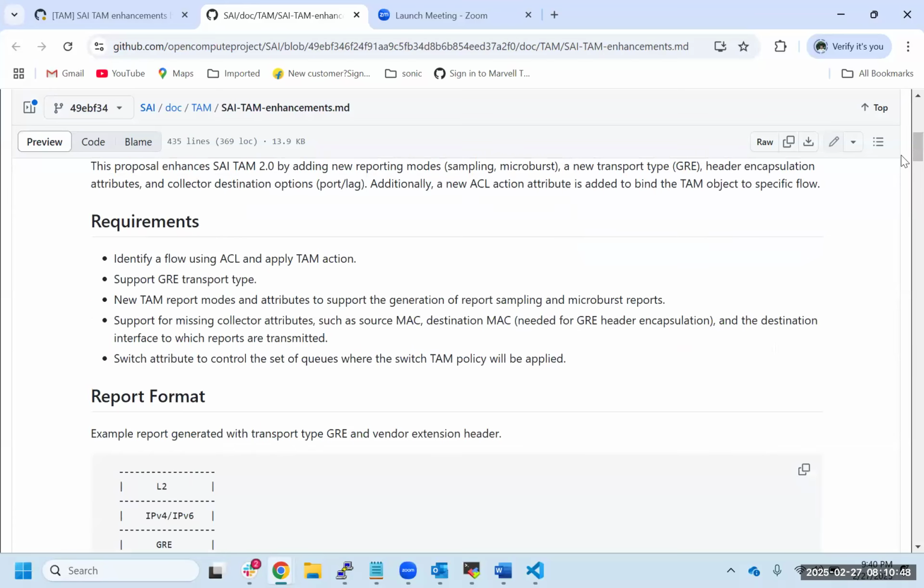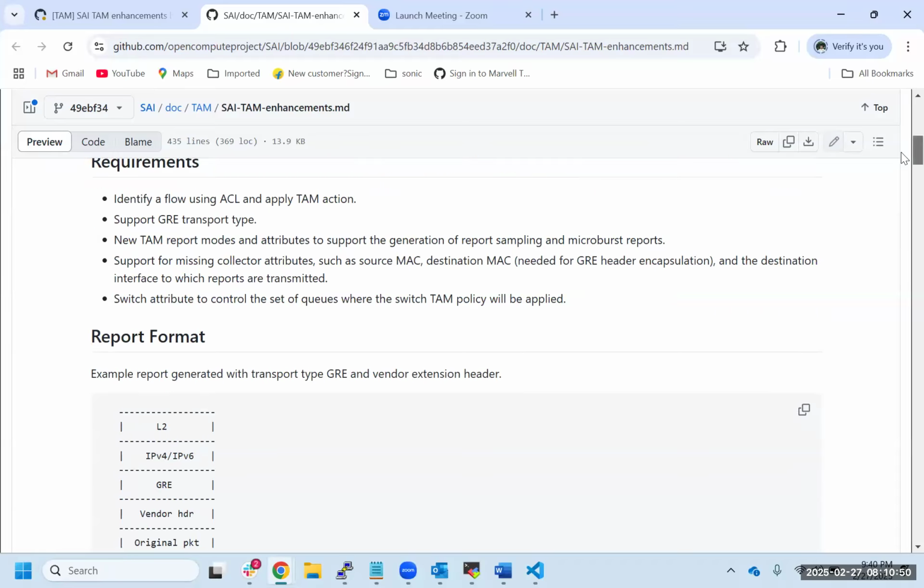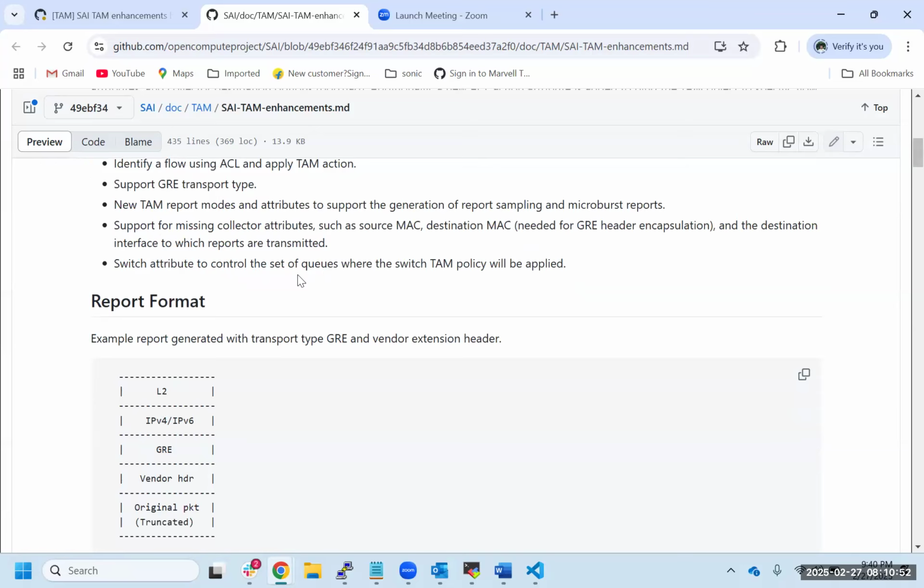The second use case is that we would like to introduce a new report type with the GRE encapsulation along with some vendor extension header. To support this, we'd like to add some new attributes in the collector as well, wherein we explicitly want to specify the source MAC and the destination MAC for the L2 encap and the new GRE protocol type.